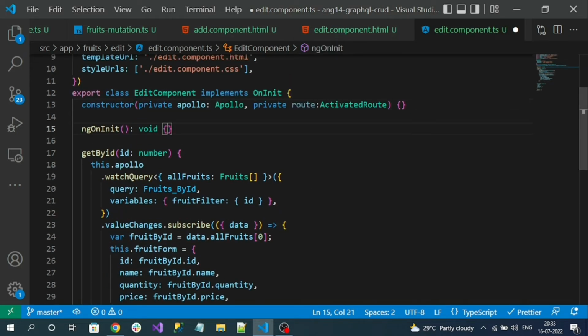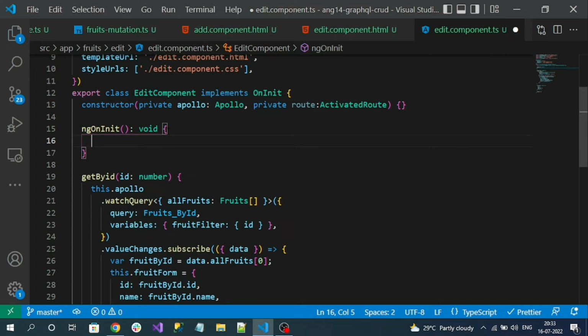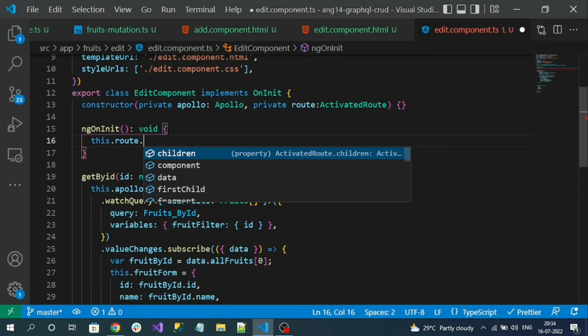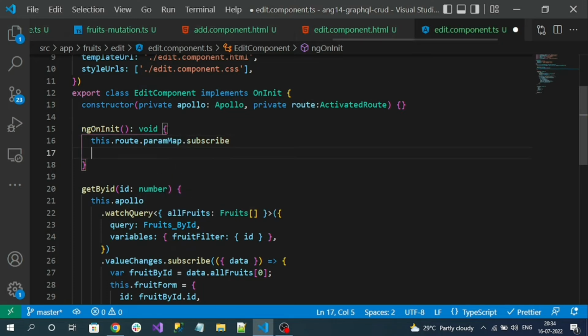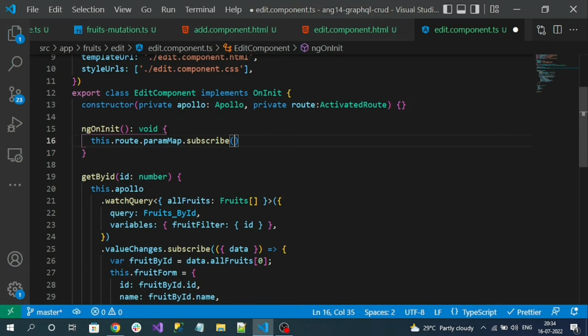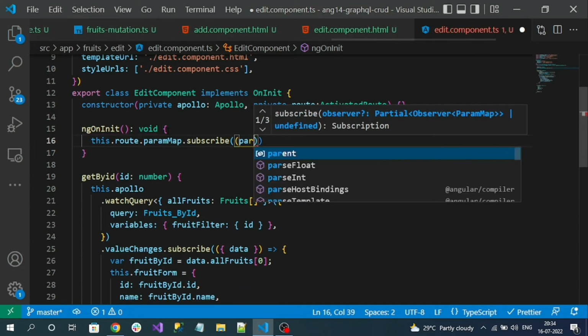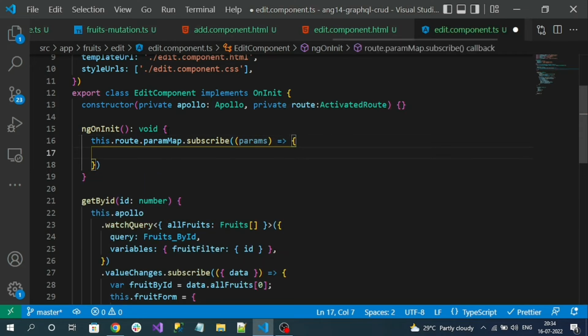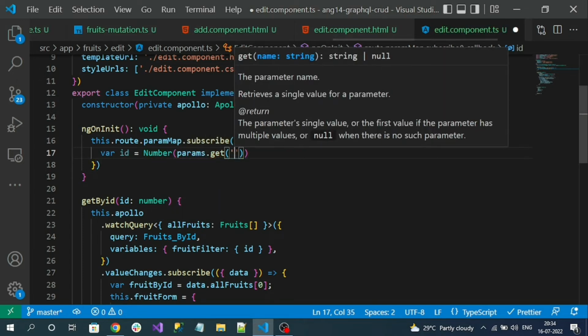So inside of ngOnInit, what I can do means this.route.paramMap.subscribe. Okay. And params, and where id equal to number params.get, and here we have to specify